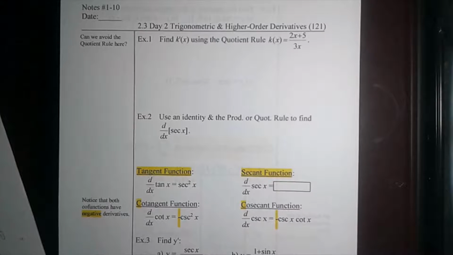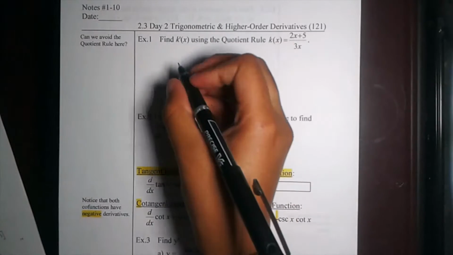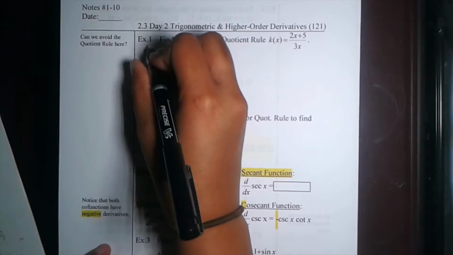We're doing 2.3 day 2, trigonometric and higher order derivatives. So example 1: find k prime of x using the quotient rule, where k of x equals 2x plus 5 over 3x. So remember, the quotient rule is the derivative of the first